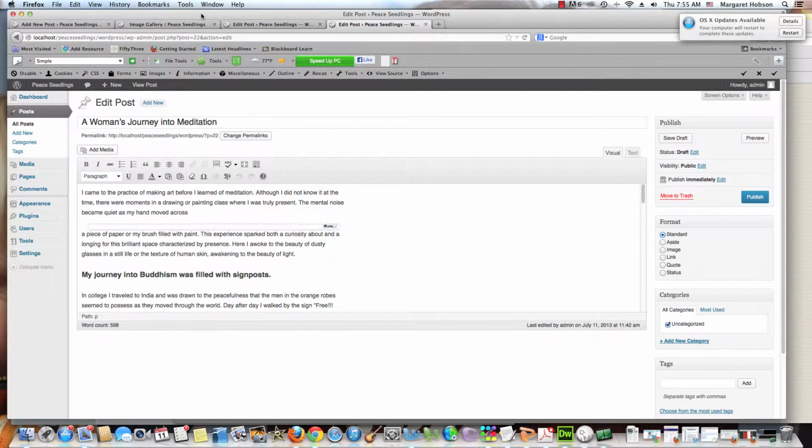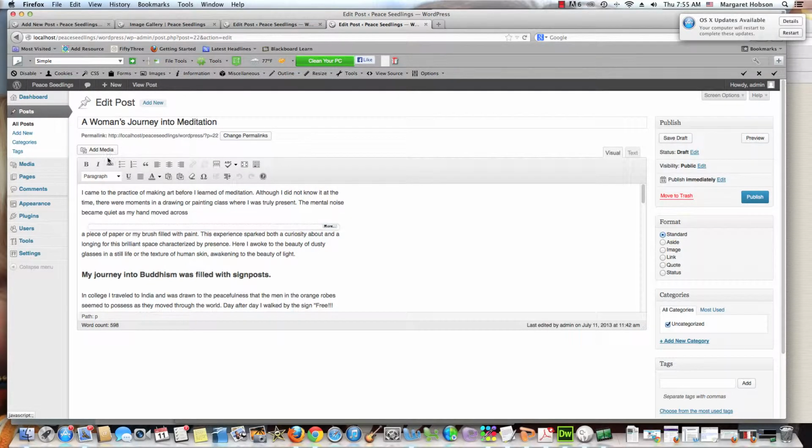Okay, so let's take a look at how we go about adding images and really give you a nice overview of images. So here goes. All right, so what we want to do before we insert our images is we want to just come to the place where we want that image to be inserted. So I'm going to come right here. Actually, no, what I'm going to do is I'm going to come right after the break,